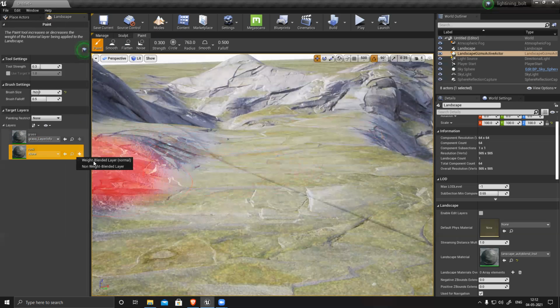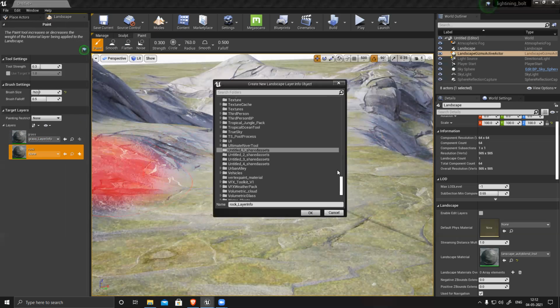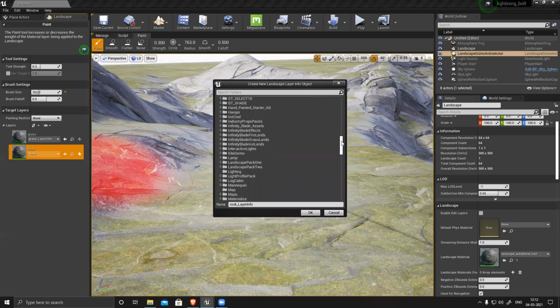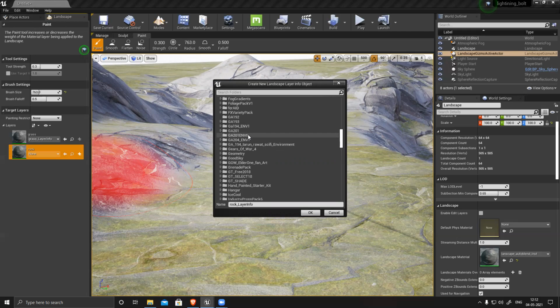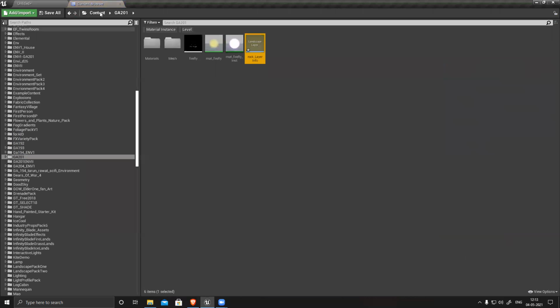Okay, this layer info didn't save, that's why maybe. It exists, saved somewhere.